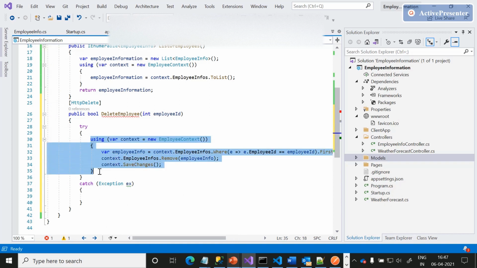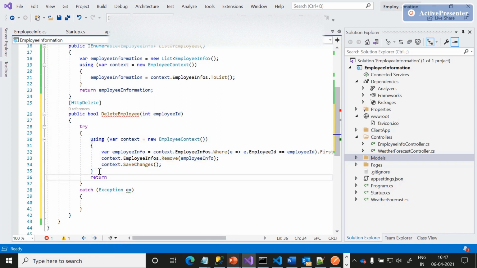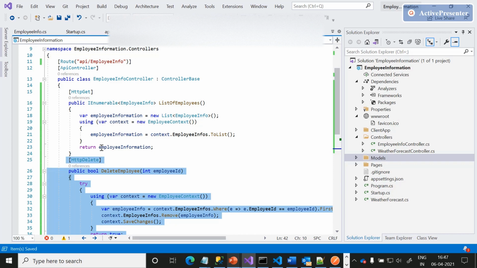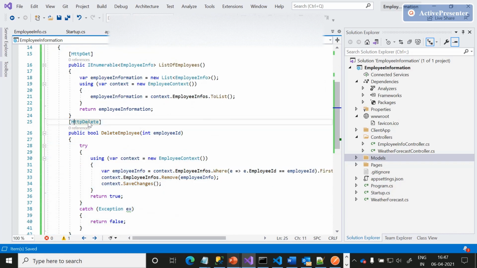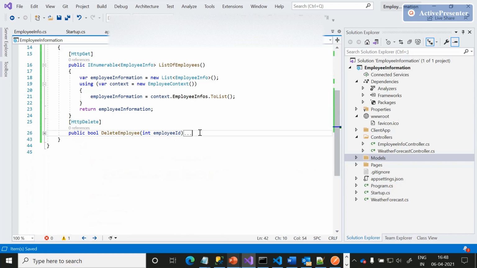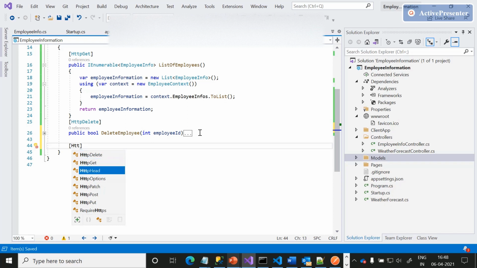Once the deletion is successful, the user will know the record got deleted successfully through this bool flag. If we get any exception, we simply return the false flag. We'll provide the logging capabilities also in our further videos. For now, we'll just design our endpoints. With this, we are done with the HTTP delete endpoint.